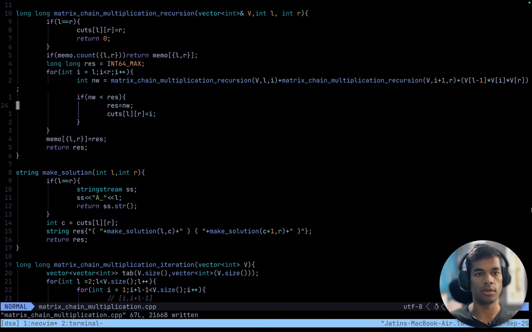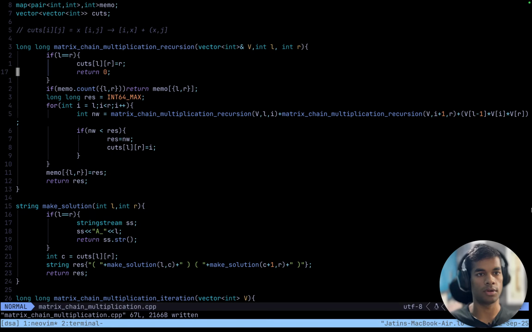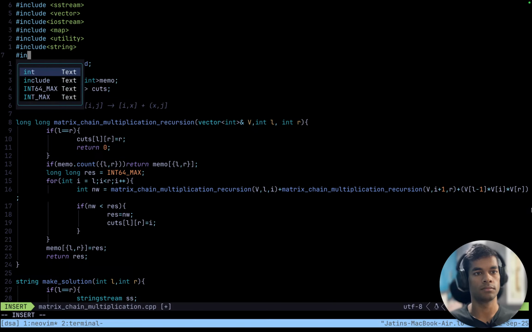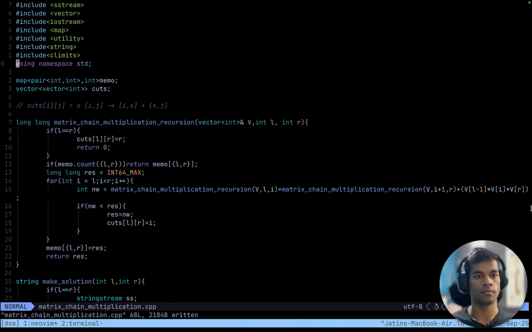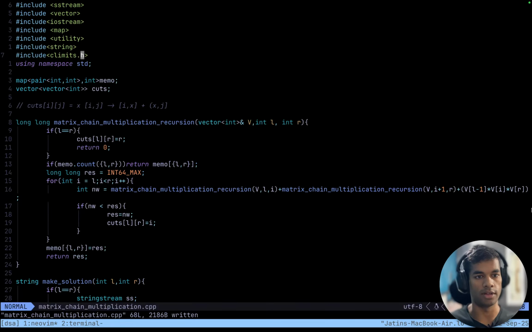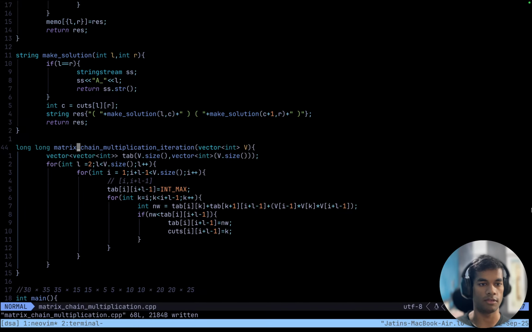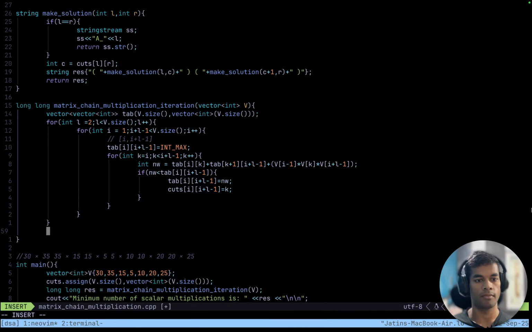So what were we doing there? Didn't we need climits for that? I guess not. I think it also has a header. No, it doesn't have the header. No return statement. Makes sense, we are not returning anything. Return tab